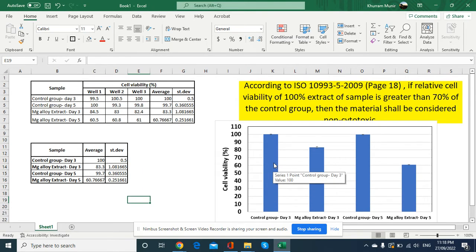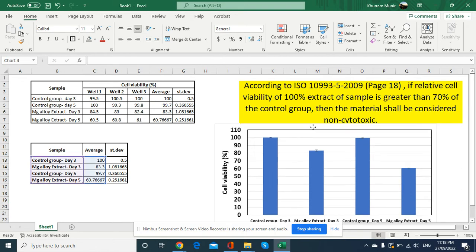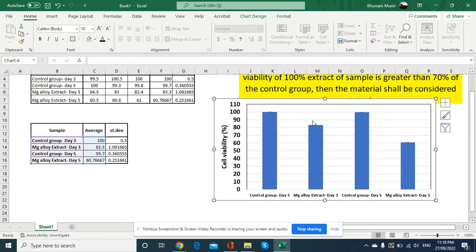Now I have also uploaded the ISO standard on Canvas. You can see the number is 10993-5-2009. If you go to page 18 of this standard, it's written that if the relative cell viability of 100% extract of the sample is greater than 70% of the control group, then the material should be considered non-cytotoxic. So we have to analyze whether the cell viability of the magnesium alloy group is more than